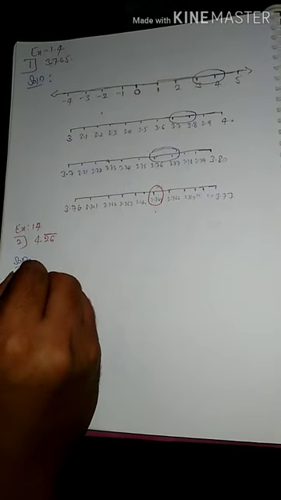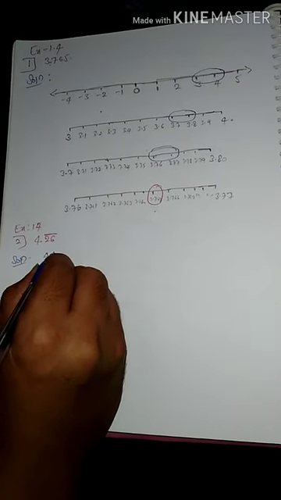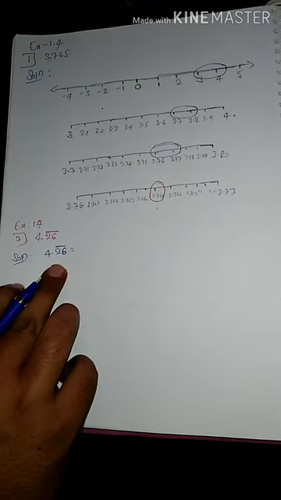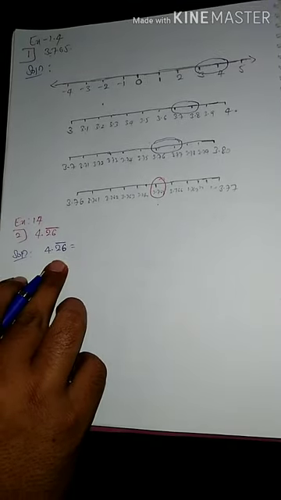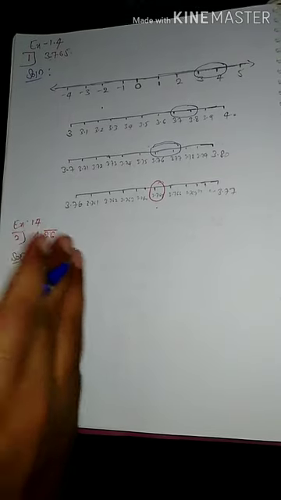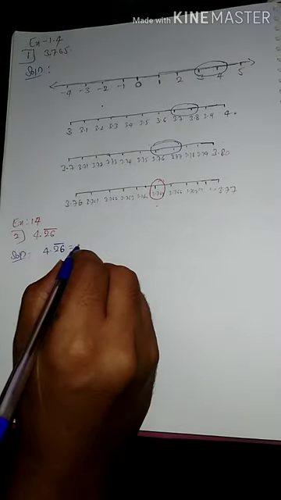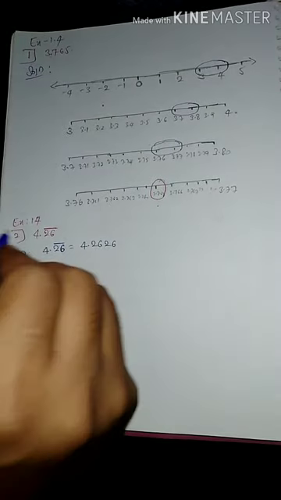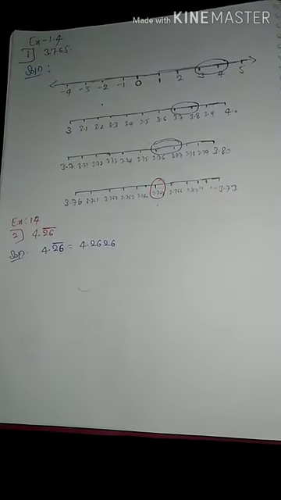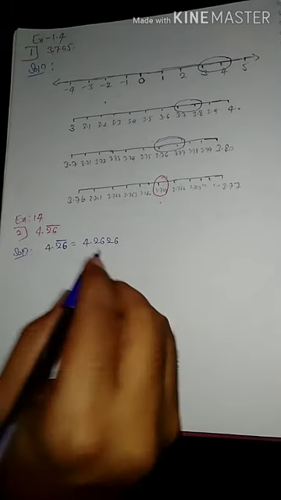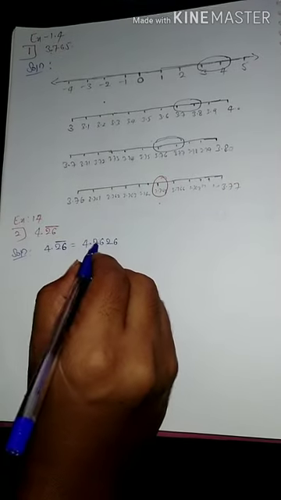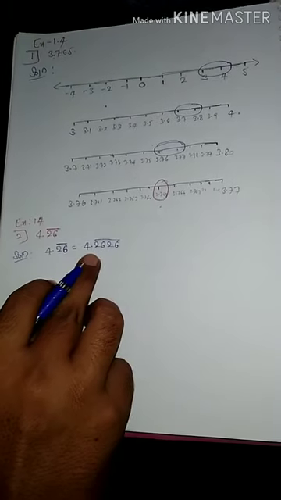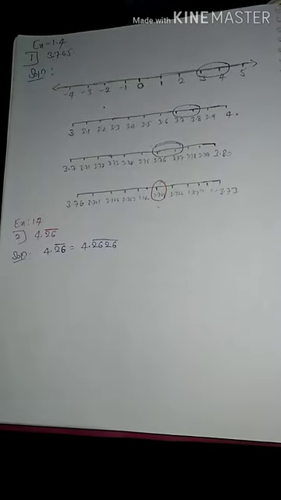Solution. Students, here 4.26 with a bar over the 2 digits. Bar over 2 digits means that the last 2 digits will repeat again and again. So that is nothing but 4.26, 26, 26, and so on. But in the question, visualize 4.26 bar on the number line up to 4 decimal places: 1, 2, 3, 4. So now visualize 4.2626 on the number line.